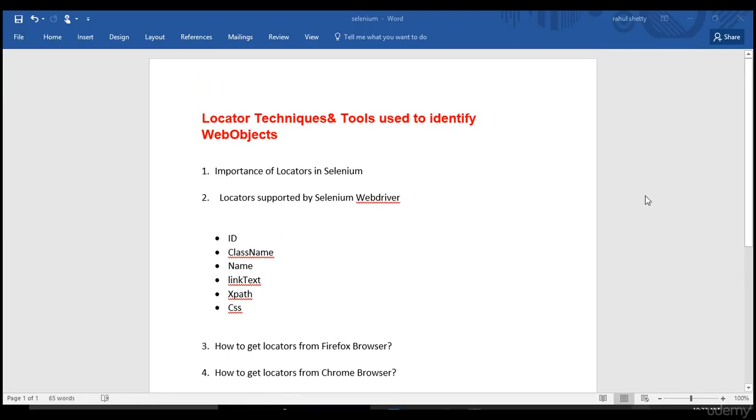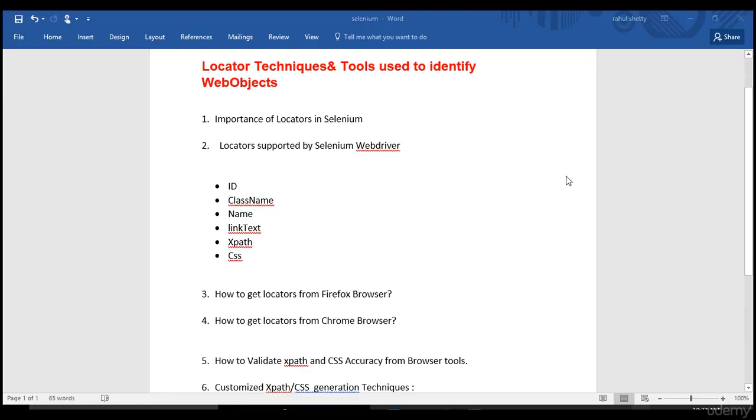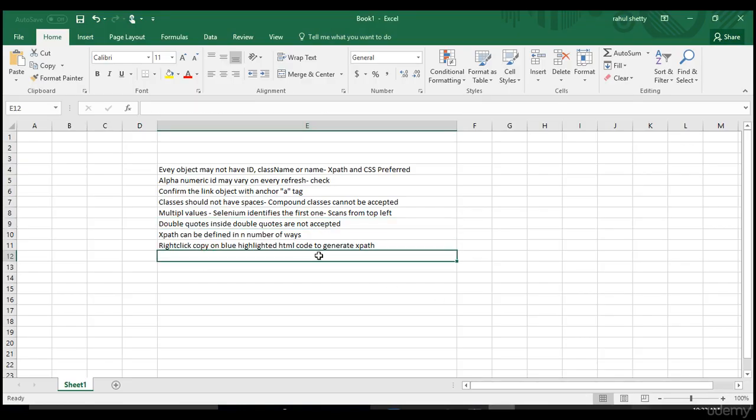Okay, so now we'll see how to generate CSS just like XPath, how we have seen in the previous lecture. Before that, let's add the point which we are talking about, FirePath, deprecated from Firefox, because when you are working now in real-time projects in the companies, they might talk on this word FirePath. But from Firefox version 56 you don't have this FirePath plugin, they removed it. So you just need to have an idea of how FirePath worked.